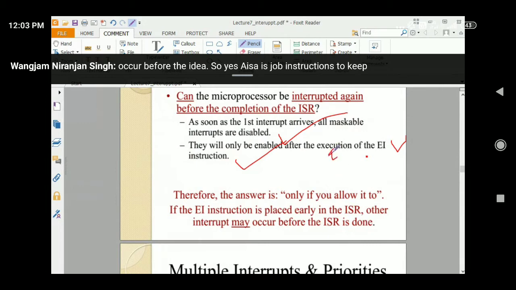तो इनेबल है तो इसका मतलब है कि it is in the first ISI, but my enable interrupt is in the first instruction.